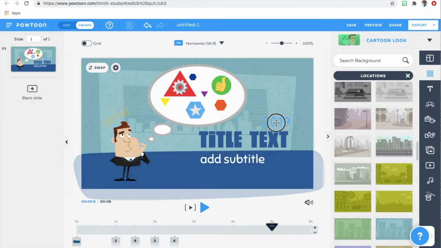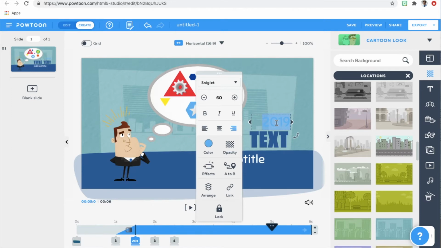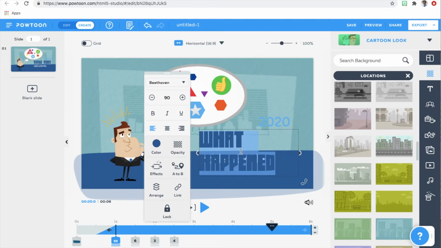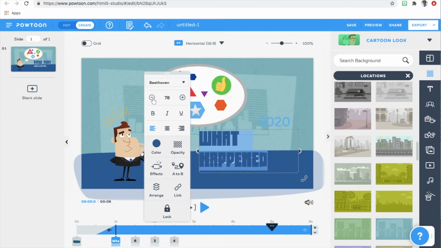And you've got a wide variety that you can pick from. Looking at my next piece, the text. I have some text that's already in there. If you click on the text, you can change everything from the font, the color, the style, even how it arranges itself on the page, how it flies in, moves around, whatever it is that you want it to do. We can even make this one a little bit smaller to make it fit on